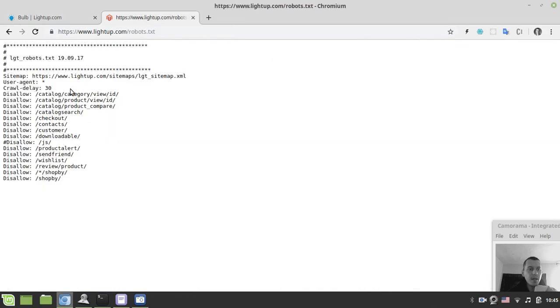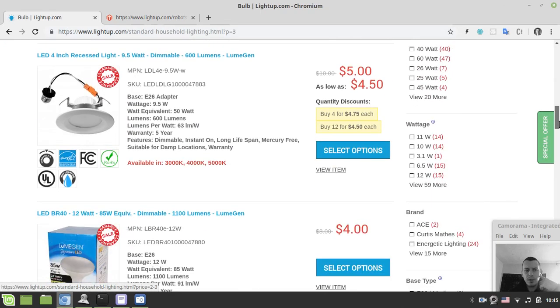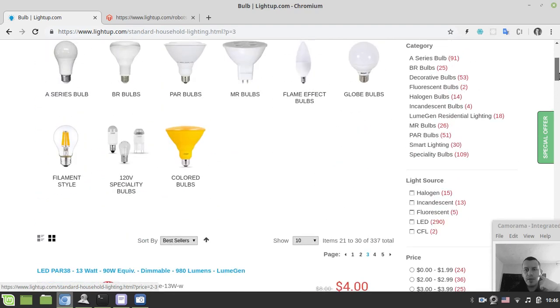And another little ethical part is this line with a crawl delay. This means that you can make your HTTP GET request only 2 times in a minute basically. So a 30 second delay after each request is required. So with this basic understanding of the ethics of scraping,